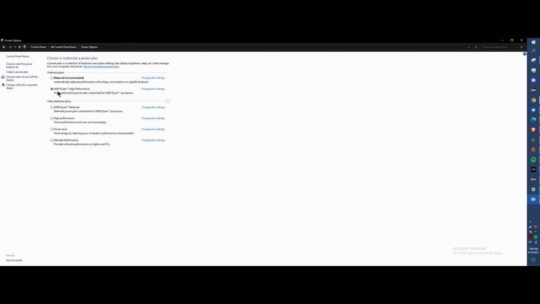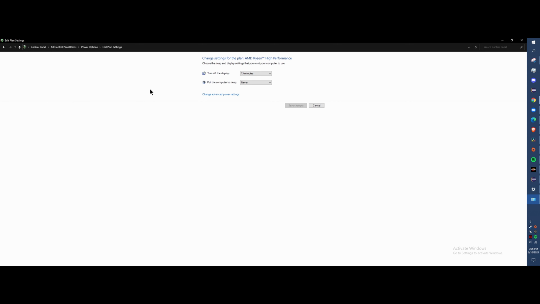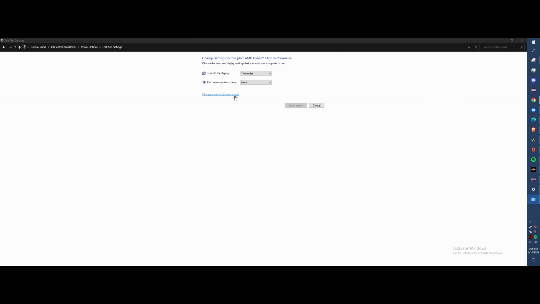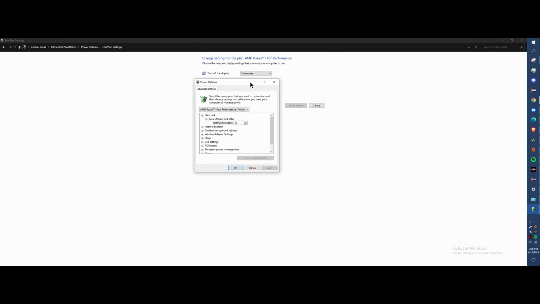for whichever one you want to edit. I'm going to edit the AMD Ryzen High Performance, so I'm going to go to change plan settings, and then we get this. This doesn't really matter. We want to go into change advanced power settings. Once we are in here, we can see that we are in our AMD Ryzen High Performance, active,